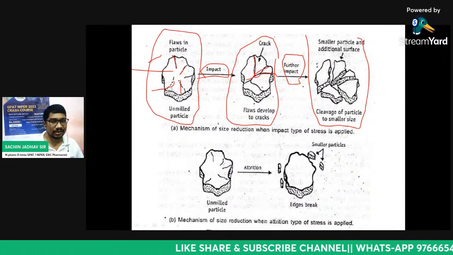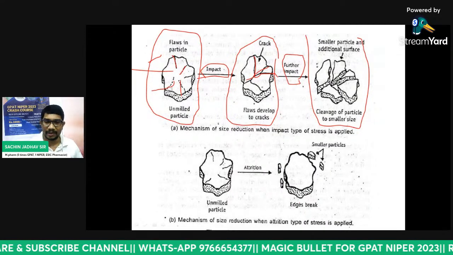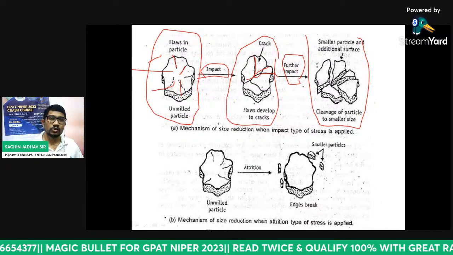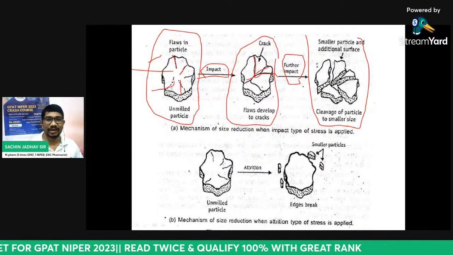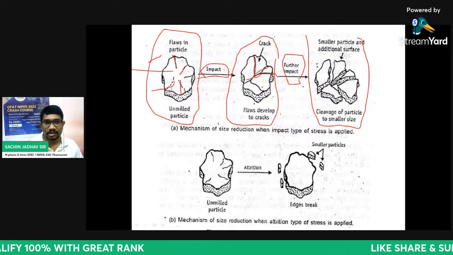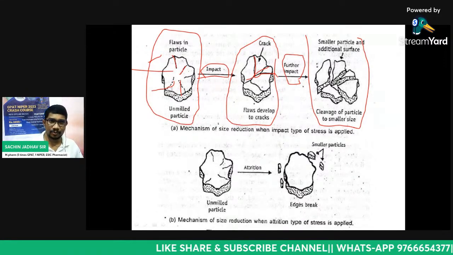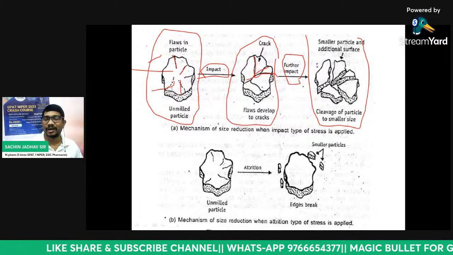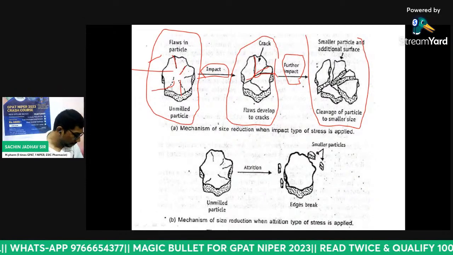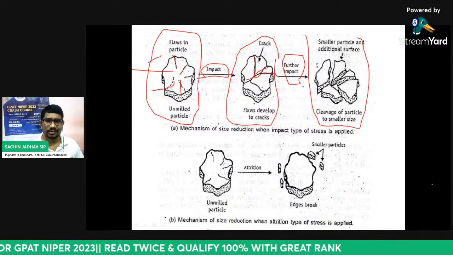एक ऐसा नहीं कि मतलब दिखने में जो होता है, आपने मटेरियल ले लिया, जैसे मिट्टी का एक पत्थर ले लिया, उसके ऊपर आपने हथौड़ा मार दिया, तो ऑब्वियसली उसका साइज ब्रेक डाउन हो जाएगा। बट उसके सरफेस लेवल के ऊपर क्या हो रहा है, मॉलिक्यूलर लेवल के ऊपर क्या हो रहा है, so your particle will have some flaws or weak structure on the particle. Now if you apply impact, if you apply force on that, so that flaws will be converted to crack, and अगर crack के ऊपर भी further impact होगा, so that will be broken down into smaller pieces known as the small particles. Now mechanism of size reduction is based upon the impact.